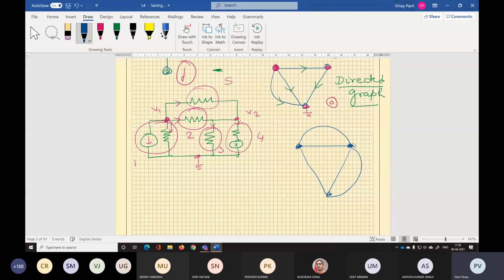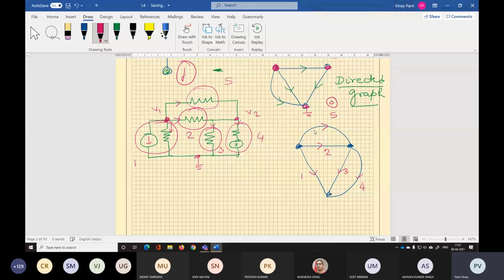Is this the graph that you are getting? This is element 1, element 2, element 3, element 4, element 5. And then you assign the directions as decided earlier. So these are the directions.